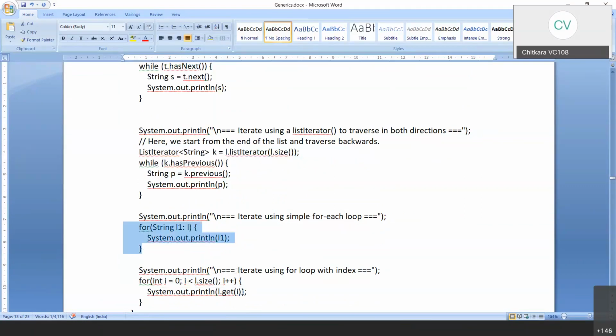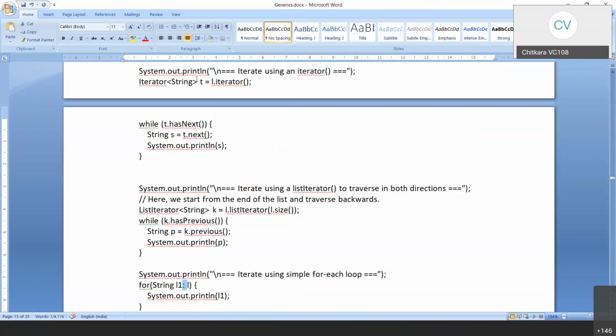But if someone asks, is it possible to access the contents of the ArrayList without an iterator? Yes, you could very well say it. We are provided with a get function, which allows us to display the contents as per the index. For-each is used to display the contents of an ArrayList. List iterator is used to display the contents using an iterator. List iterator is used to display the contents in reverse order.